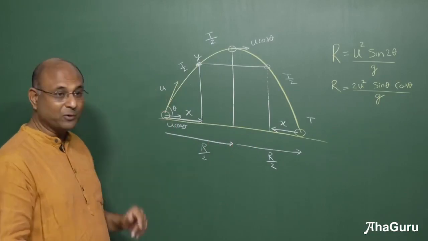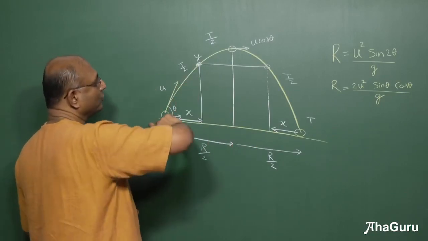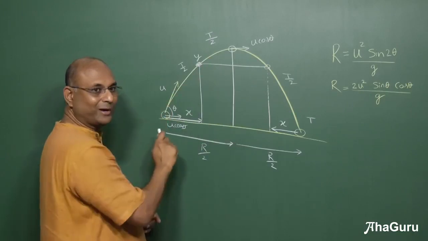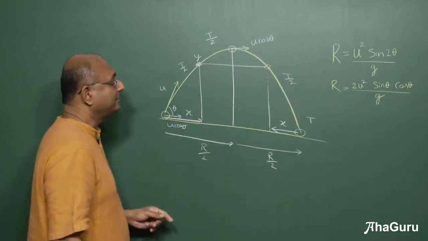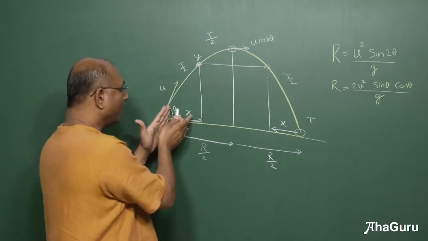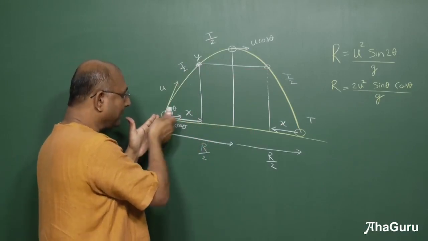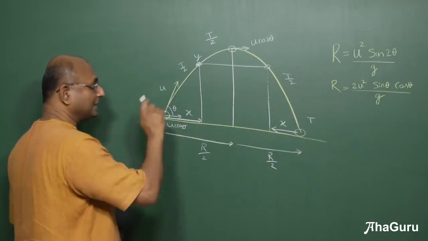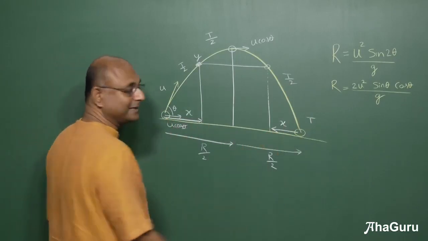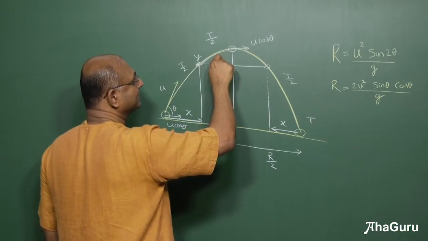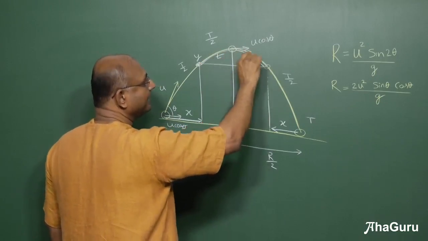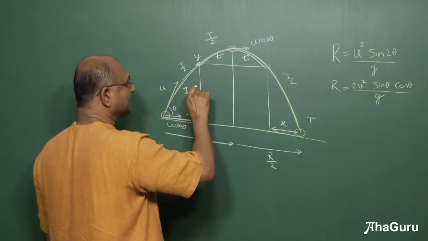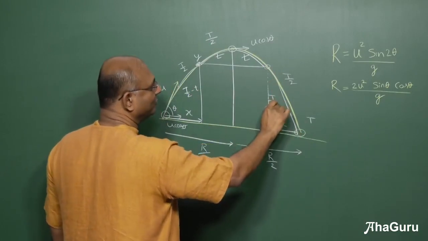So that's very useful in certain problems, particularly questions where you are throwing something over a building. Let's say this was a building and you're throwing something which is just grazing across one end and goes across the other end. Then that means the building height is the same on both ends. So whatever you are throwing from here, suppose I was throwing it 10 meters from this end of the building, it is going to fall 10 meters from that end of the building, right? So such questions, it becomes easy if you know that this distance is equal to that distance. If this travel time was t seconds, this travel time will be t seconds, which means this travel time will be t by 2 minus t seconds. That travel time will be t by 2 minus t seconds.